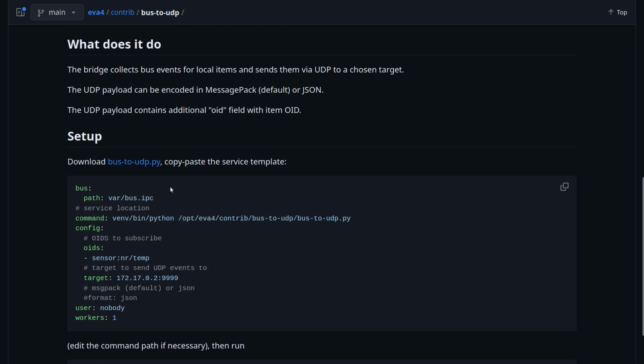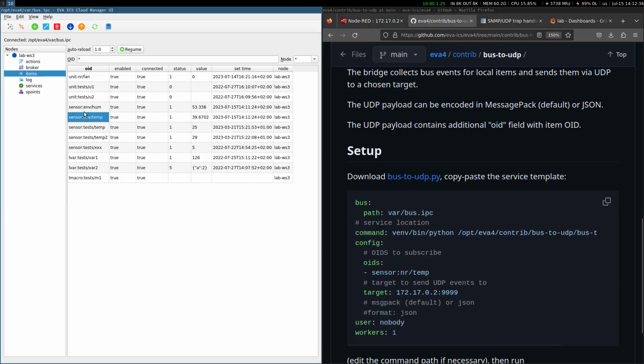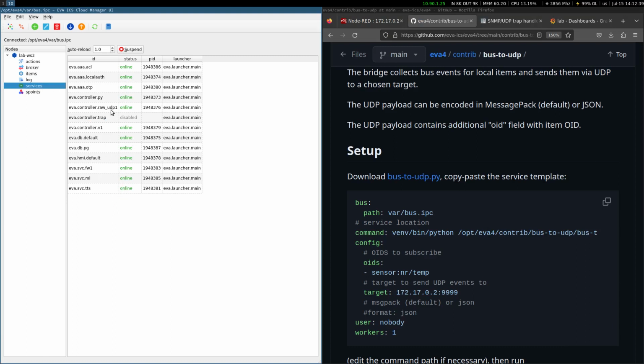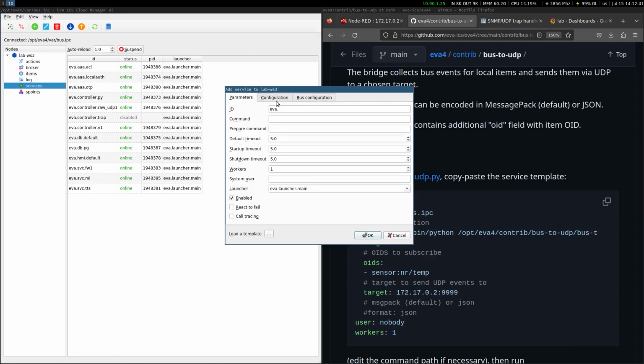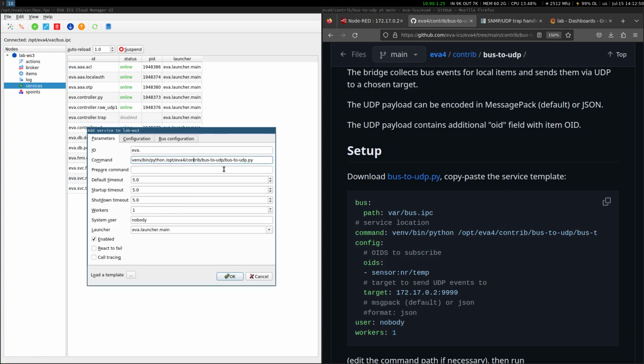So I have the service already downloaded, and the template looks like this. We subscribe to some sensors or some units. We have a target to send data to, and we have MessagePack by default as payload and JSON support. So let's deploy the service via Cloud Manager. Load the template, bus to UDP. I have it already downloaded to EVA contrib, and